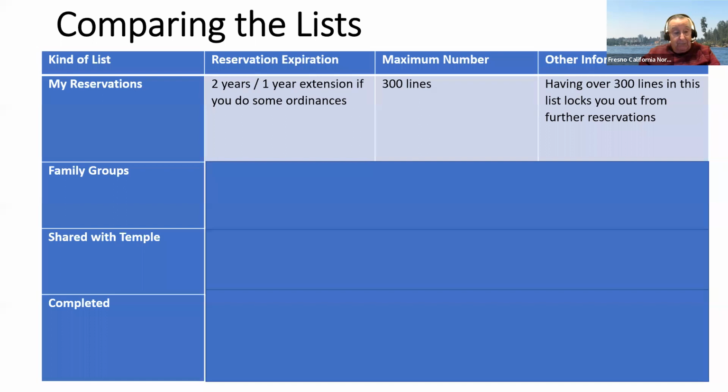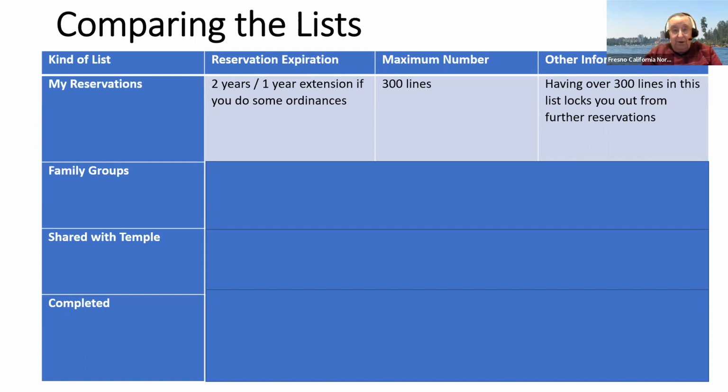Just in the last couple of months, they have now set a maximum of 300 lines of My Reservations. If you exceed 300 people in your My Reservations category, you'll no longer be allowed to do reservations. You'll be stopped from making any reservations.